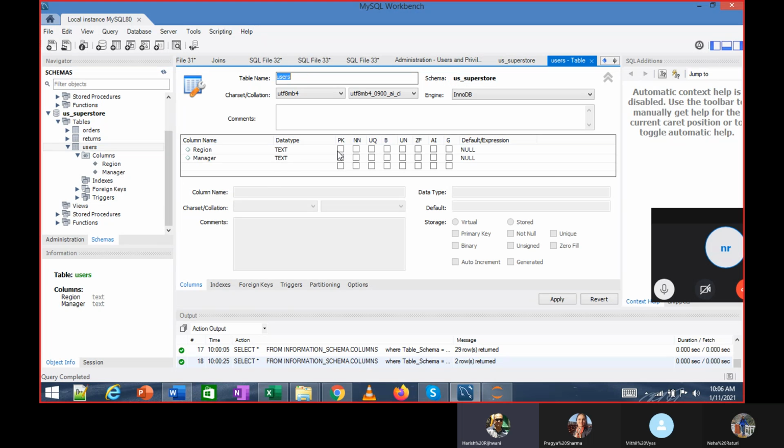Primary key. So here is where I can decide that the region is the primary key. If I decide this region is primary key, not null, it cannot take the value of null. NN means not null. UK means unique index. Binary column, yes or no. Unsigned data. So there are a lot of fields over here, but the important aspect is this: if I decide that this is primary key, whenever I enter data over here,